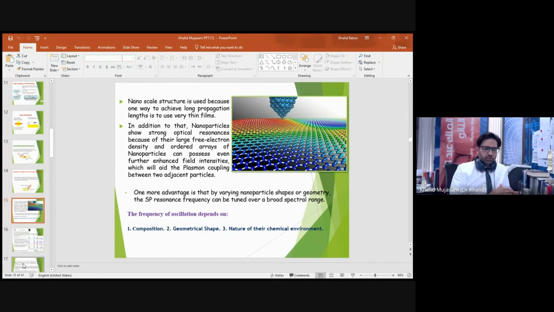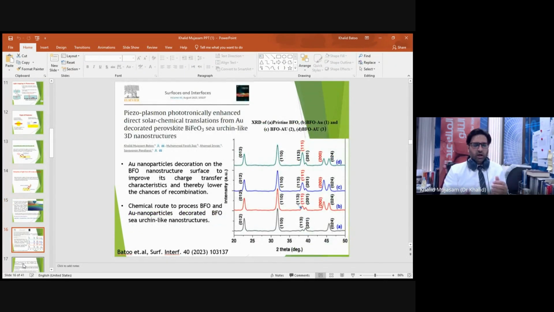So what we are looking at here is to design a geometry of a material, which is also dependent on the composition of the material and the chemical environment which we are providing, so that the phenomenon of plasmon enhancement is working. I'm going to present certain experimental work which we have